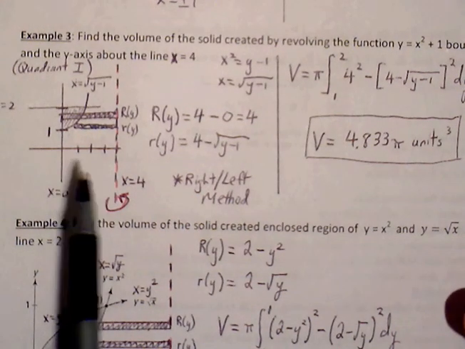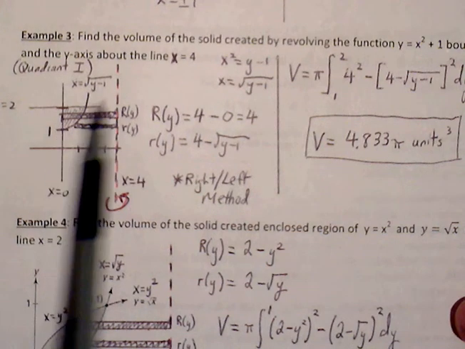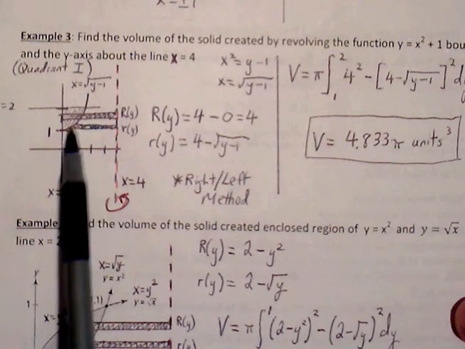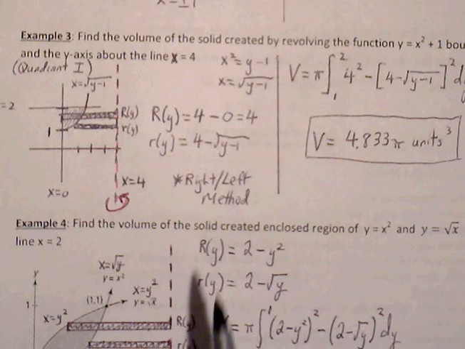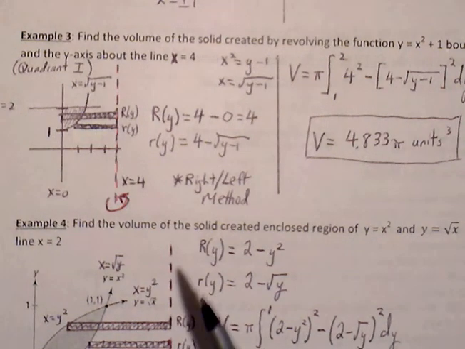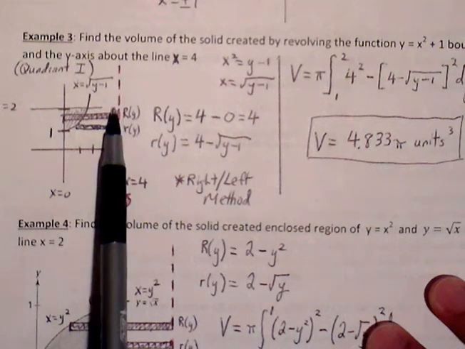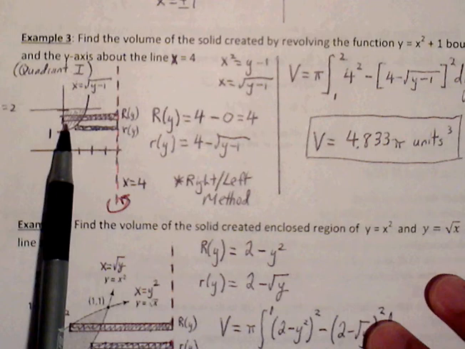Okay, next thing we have to do is draw, look at the shaded region in relation to the axis. We see that there's not only a gap, there's a complete hole, so this will be using the washer method, meaning we have to find big radius and little radius. So we start on the axis, we always start on the axis, and we draw to the further curve function